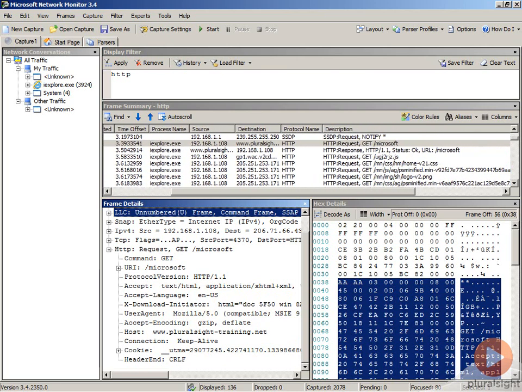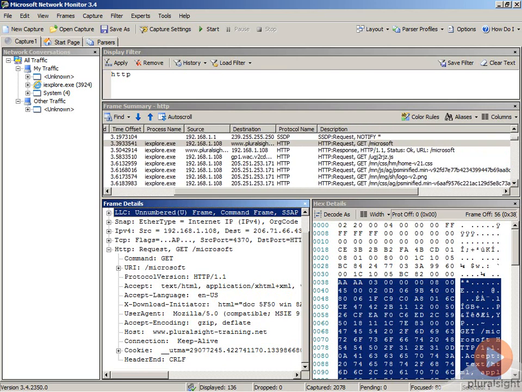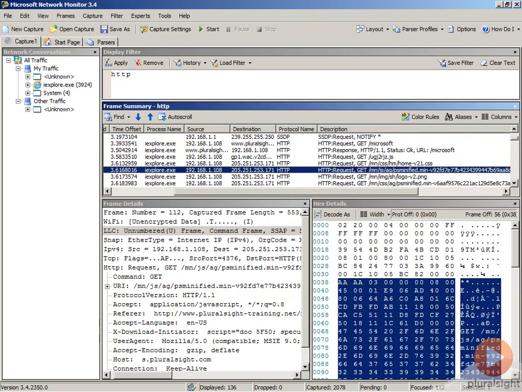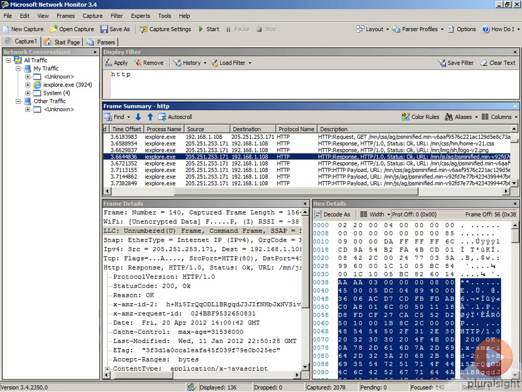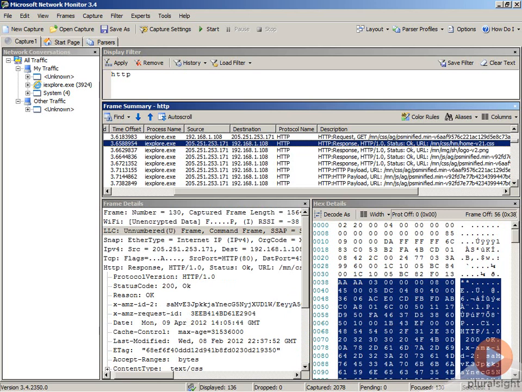and if some of them are large, they're going to actually span across a number of responses. So we'll see the minified file starts here, and we'll see some of the various responses coming in. So you kind of have to put back together the complete response from all of the different packets that came back and forth. So again, it can be useful, and there's times where you want to use Network Monitor,